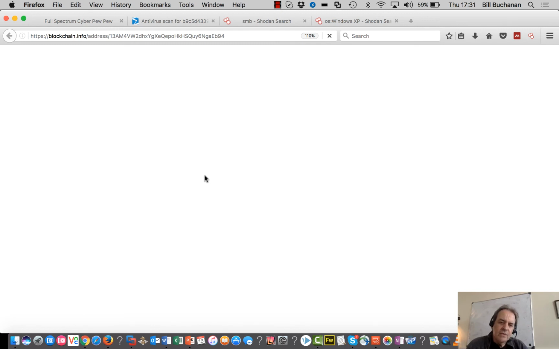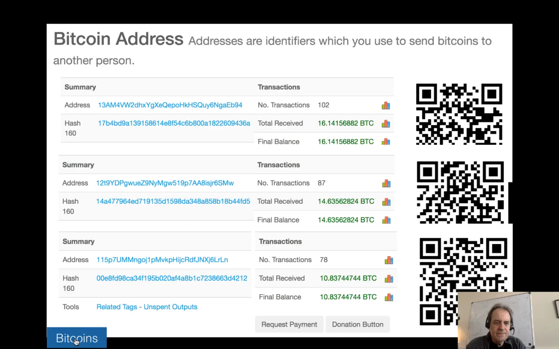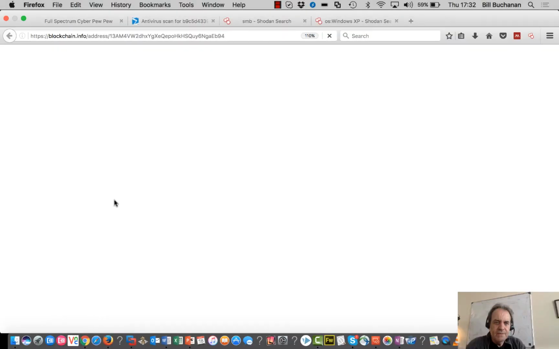The way that Bitcoin works is that we have a wallet which is associated with the accounts, and then we should be able to see all the transactions. But it's pseudo-anonymized, so we won't be able to see the full details of who owns the wallet. Hopefully this is going to come through.